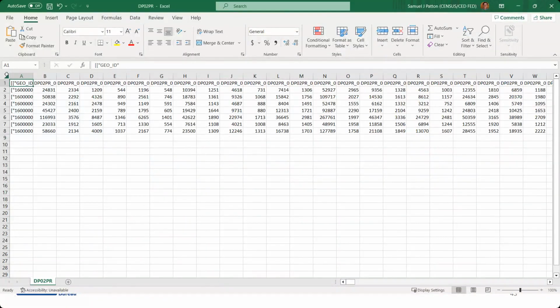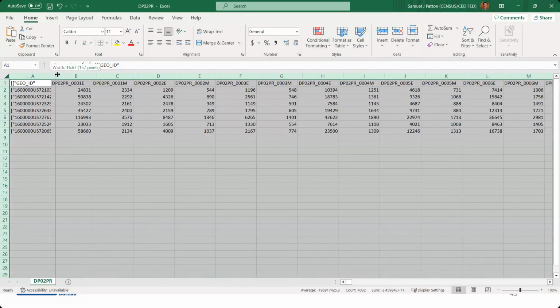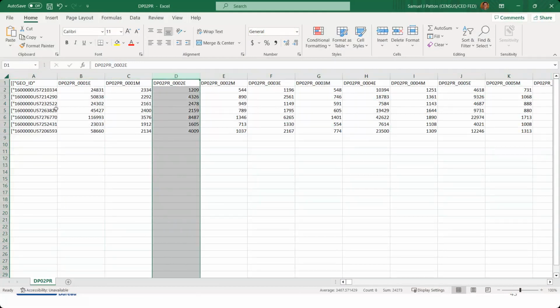And once we open it up here, you can see now it is looking a bit better. We have it nice and neatly organized, these variables within the column. So it's a bit easier to look at here. There's one more change I like to make though. You'll notice that we just see geo IDs here rather than geography names.